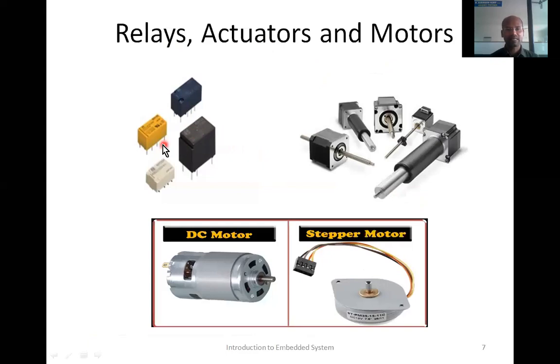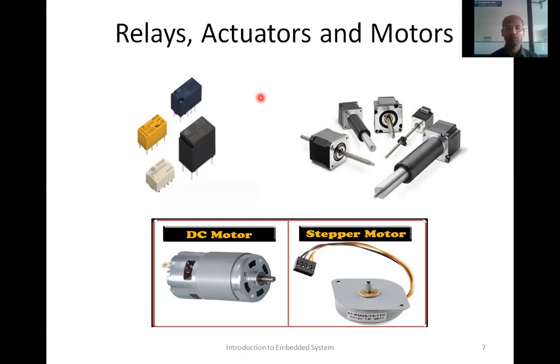And these are relays. Relays are nothing but electromechanical devices which are generally used to control heavy load. For example, if you want to turn on or turn off a weak load, let's say an LED, that can be done directly or by using a transistor.